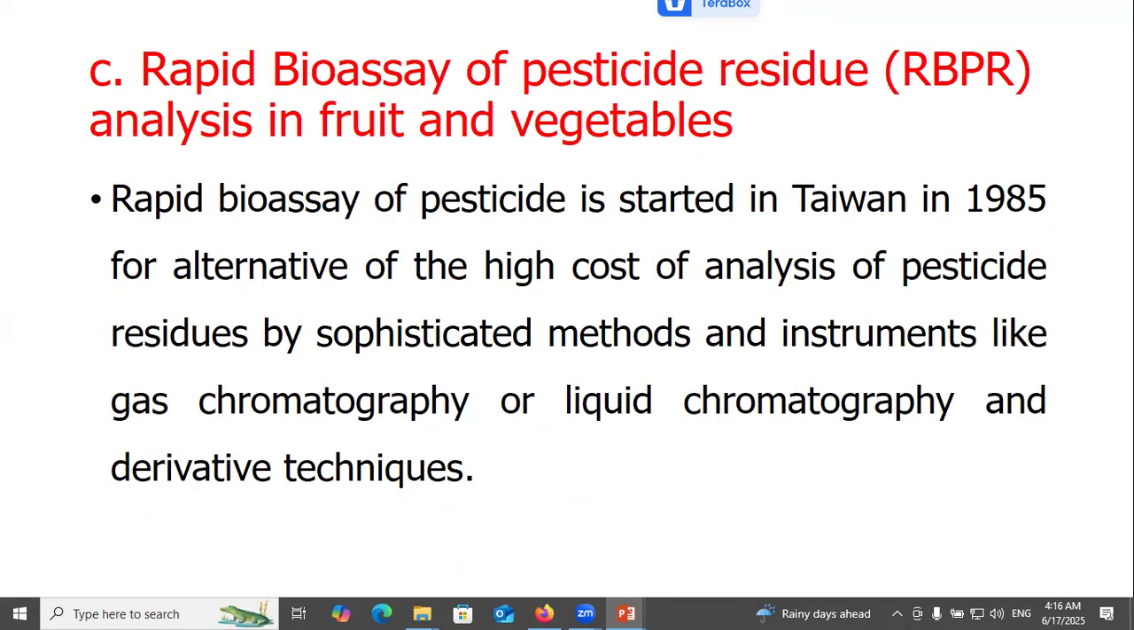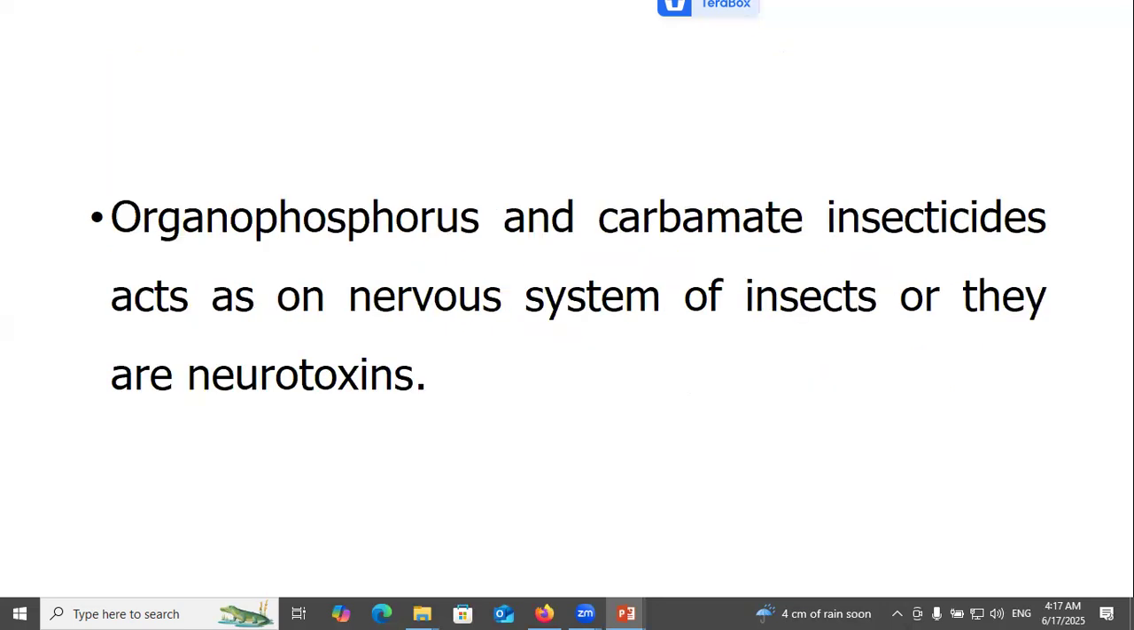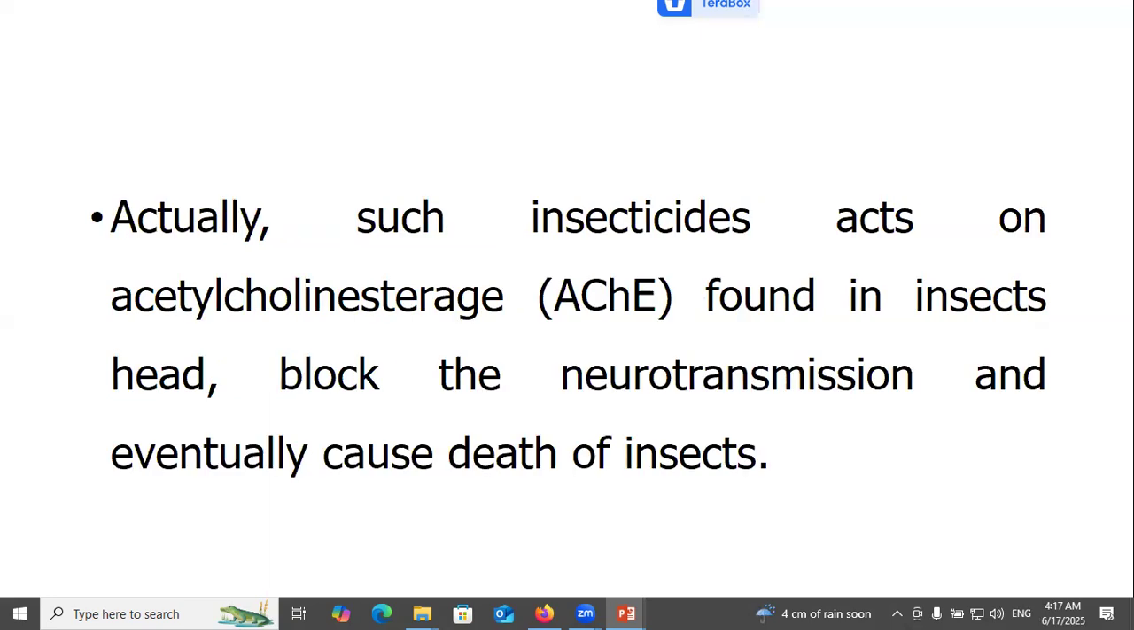Rapid bioassay of pesticide residue analysis in fruit and vegetables. Rapid bioassay of pesticides started in Taiwan in 1985 as an alternative to the high cost of analysis of pesticide residues by sophisticated methods and instruments like gas chromatography or liquid chromatography and derivative techniques. Organophosphorus and carbamate insecticides act on the nervous system of insects; they are neurotoxins. Actually, such insecticides act on acetylcholinesterase found in insects and block neurotransmission, eventually causing death of